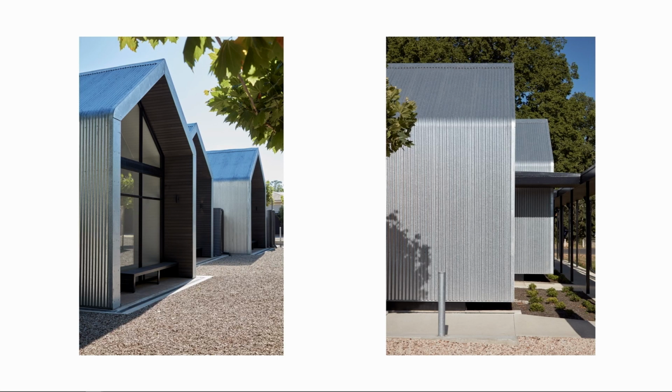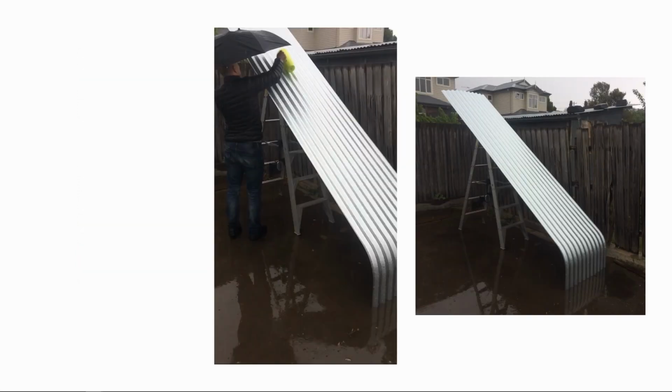We were pretty sure it was going to work, but we were nervous enough at that stage to order a one-to-one sample and conduct some ridiculous first principles experiments in the rain. And it wasn't raining hard enough, so we got a jug of water to further simulate it. Of course, it was going to be wet everywhere anyway. But anyway, it does catch the...